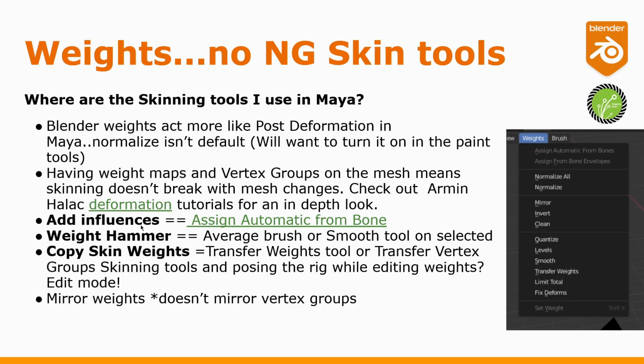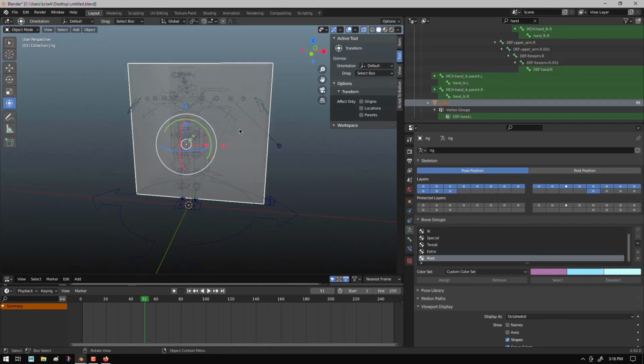Assign automatic from bone is add influences. There's a video here to cover this, the weight hammer, and copy skin weights. Mirror weights doesn't do vertex groups. These are interesting problems. Mirror weights doesn't act the way you'd expect it to, and there's a script from Bayrate I'll link you to that will help you mirror vertex groups, but just understand that the actual paint tool itself